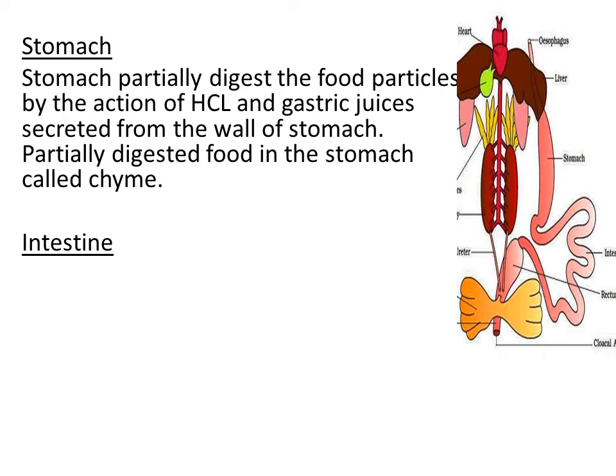As we know, bile juice emulsifies fat. Fat is also one of the biomolecules. It is present in the food of the frog, right? So the fat is digested with the help of bile juice, and carbohydrate and protein, these two biomolecules, are digested in the intestine with the help of pancreatic juice. Clear? So this is how the complete digestion takes place in the intestine.